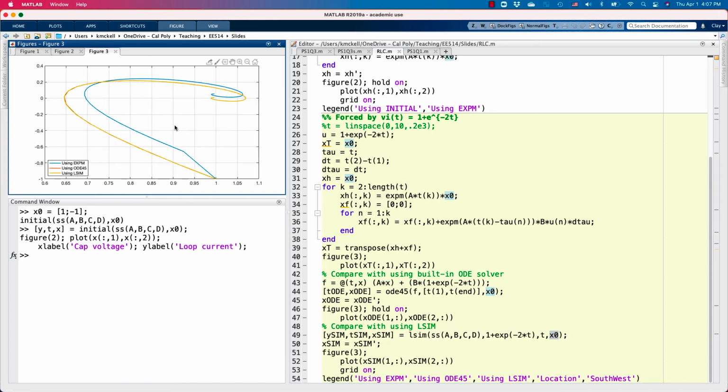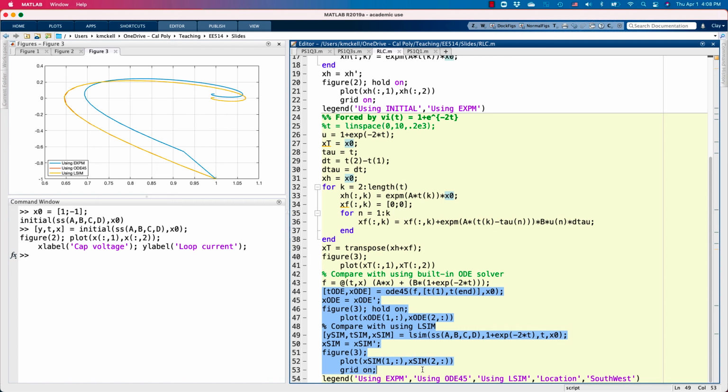cool, we get a pretty good agreement with 2 of the 3, and 1 is a little bit off. And I think that is mostly due to the discretization factor. So the 2 that agree are the more black boxy of the 3. They are the ODE method and the lsim method. They all generally have the same shape. They all go to the steady state condition of 1 volt, 0 amps, which is what you'd expect for something that eventually looks like a DC step. But if we